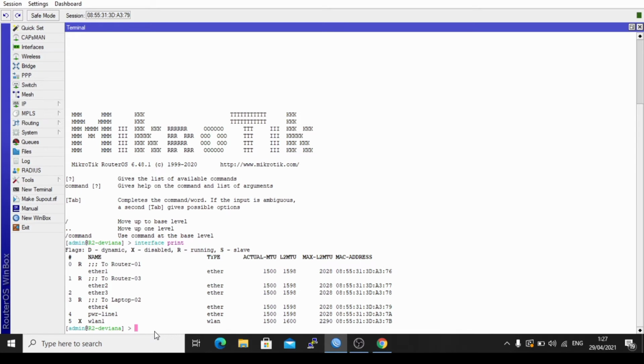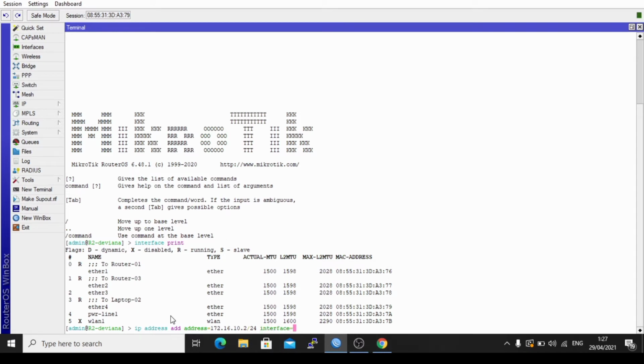Next, we configure the IP address for the three interfaces, namely Ether 1, Ether 2, and Ether 4, with the following command: IP address add address 172.16.10.2/24